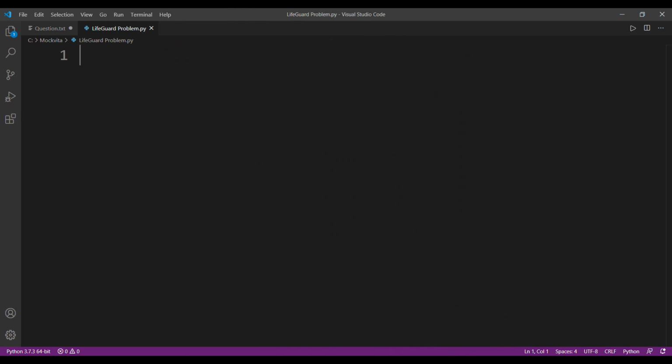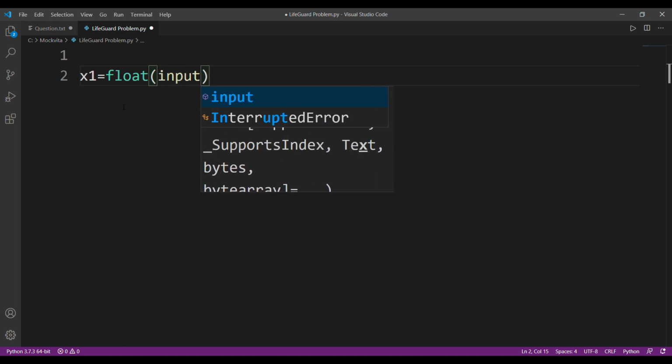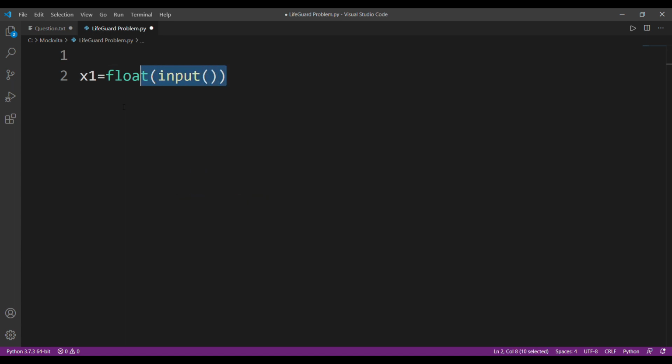All right, so now we are going to start the coding part. Don't get distracted. This is the last part, and this is really easy. So what I'm going to do is take inputs. We have been provided with 5 inputs. I am taking them as float. I am, by the way, doing this in Python. Why am I taking float? Because if I take int, my answer will definitely not come out correct, because we have to find up to 6 decimal places.